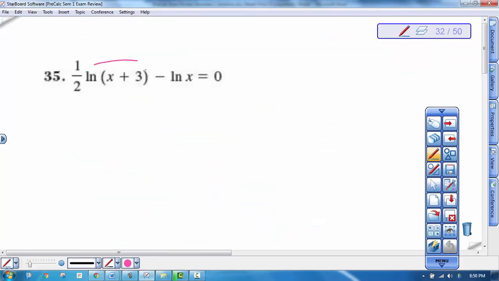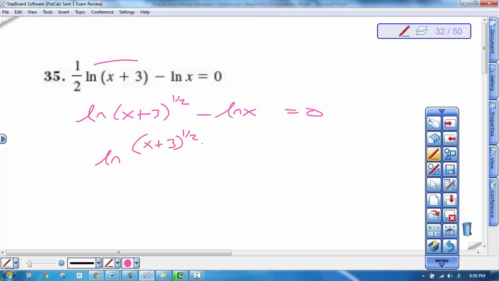Okay, let's solve another log equation. This is natural log of x plus 3 raised to the 1/2 minus natural log of x equals 0. If I bring the exponent up, now use the quotient property that says that the log of a quotient is the difference of two logs, so we'll go backwards and make this quotient, x plus 3 to the 1/2 all over x,